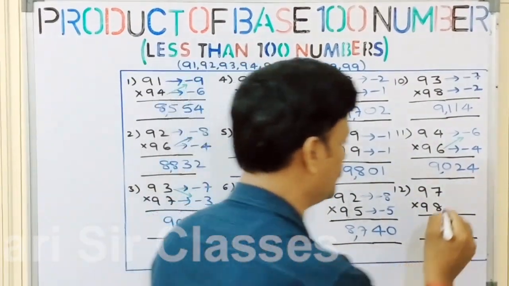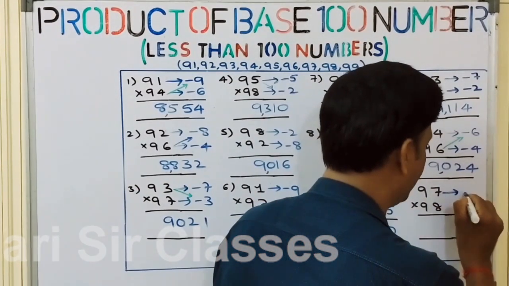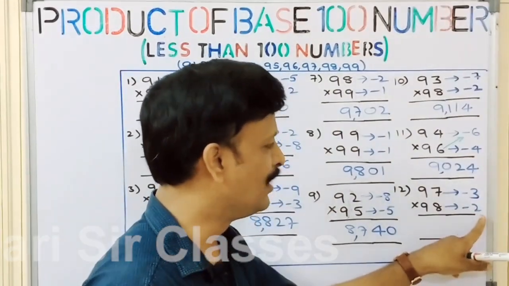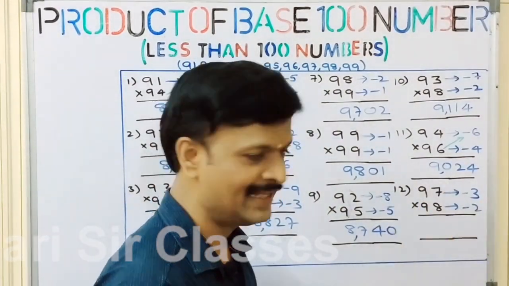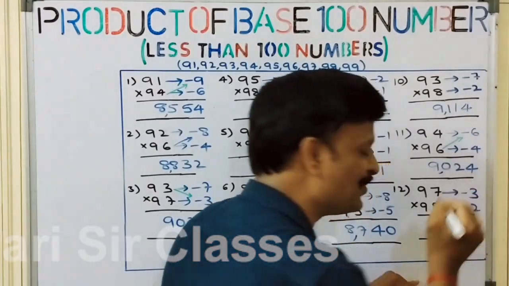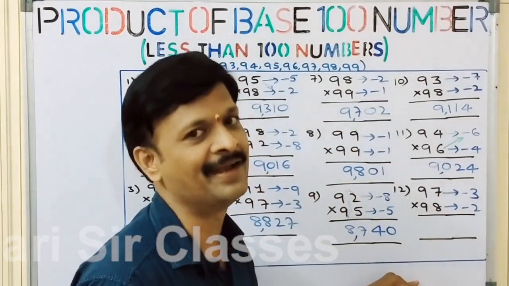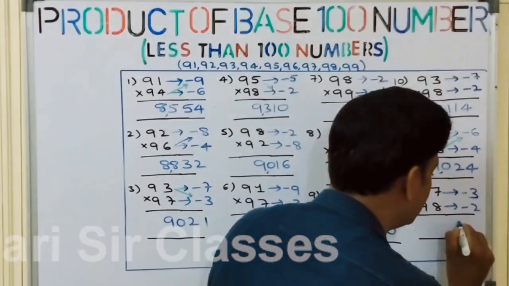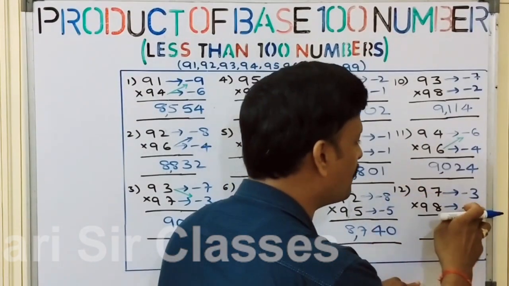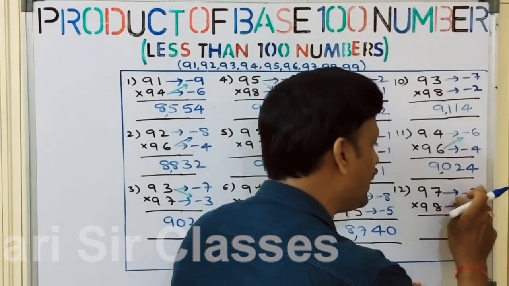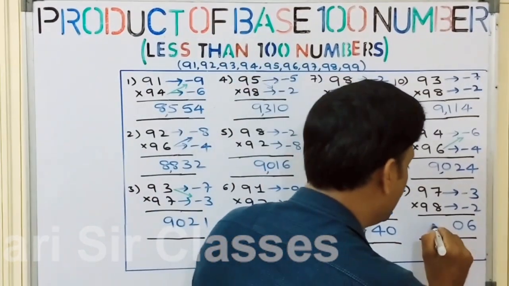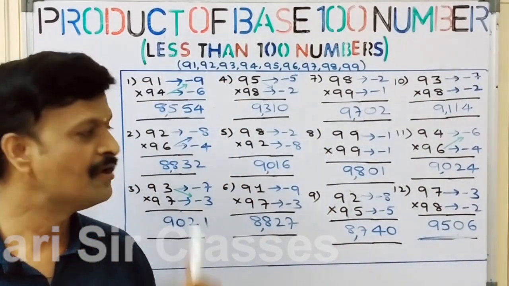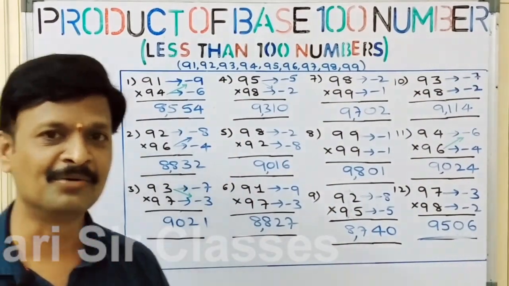Let's do the last question, that is 97 into 98. That is minus 3. 98 is minus 2 because 2 less than 100 is 98. 3 less than 100 is 97. Let's write down, 3 2s are 6. Again a one-digit number. To get the two digit number you need to add 0. So that is 06. Okay, 97 minus 2 is 95, or 98 minus 3 is also 95. Let's write down 95. That's it. That's it. 12 questions you can do.